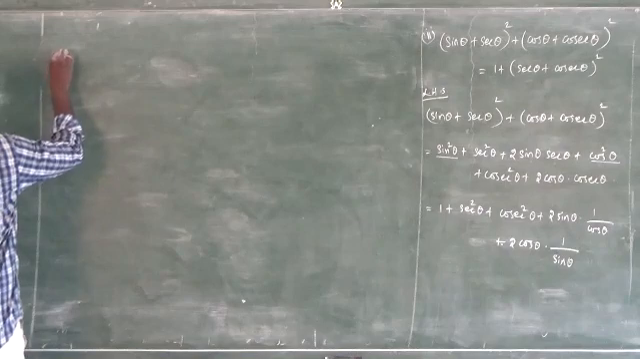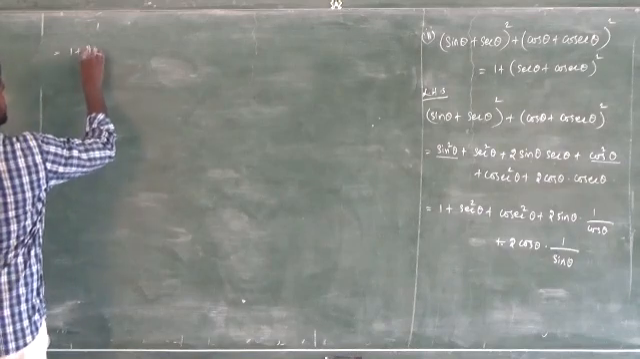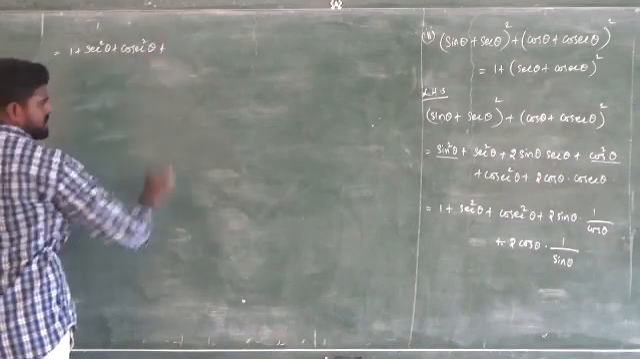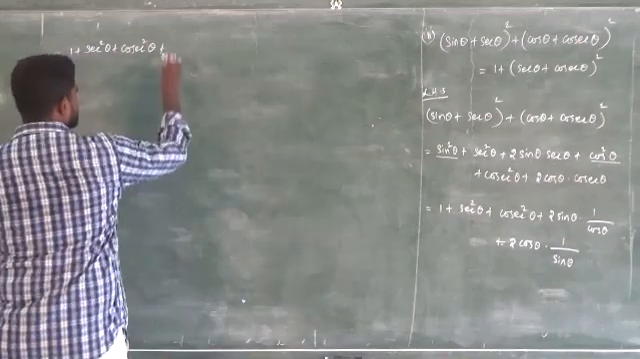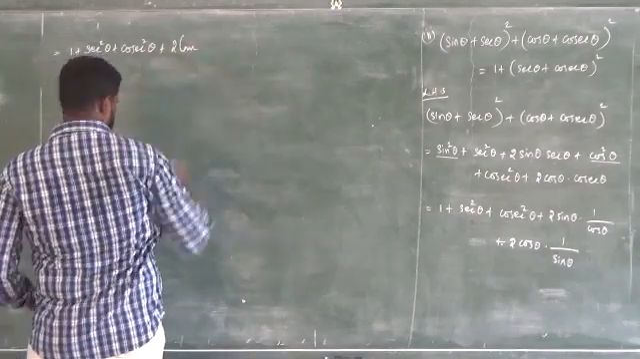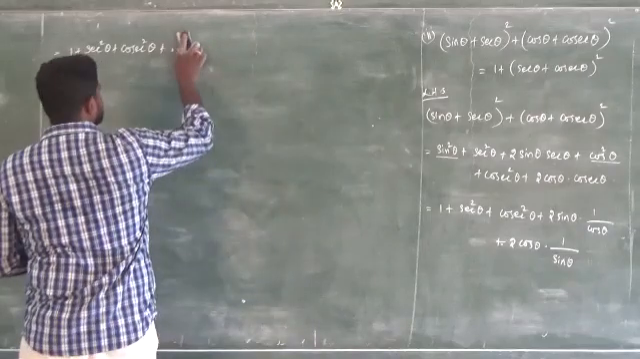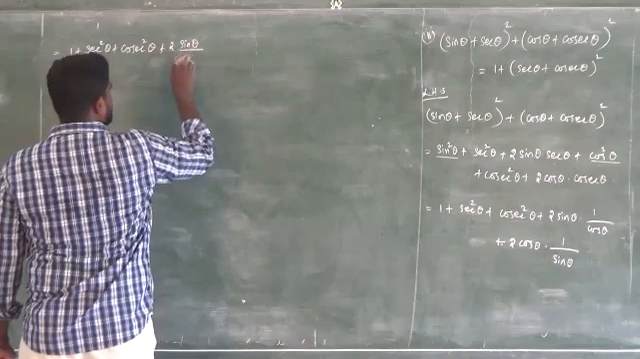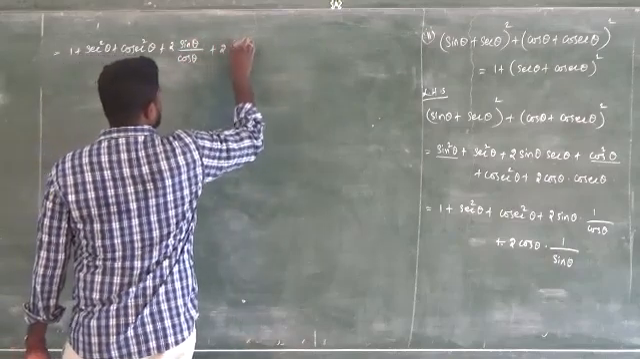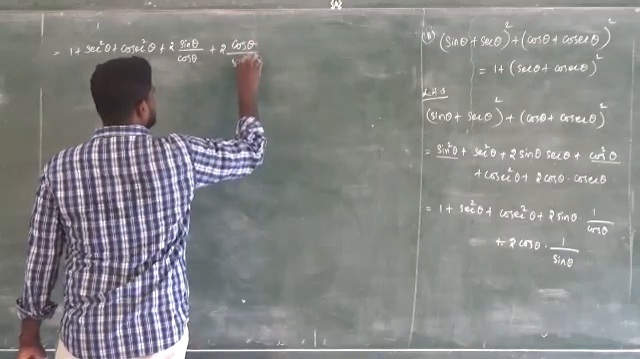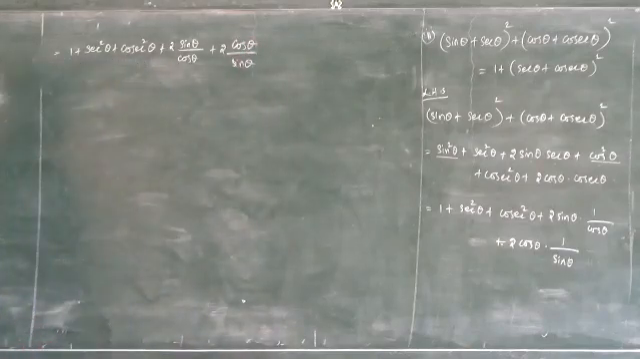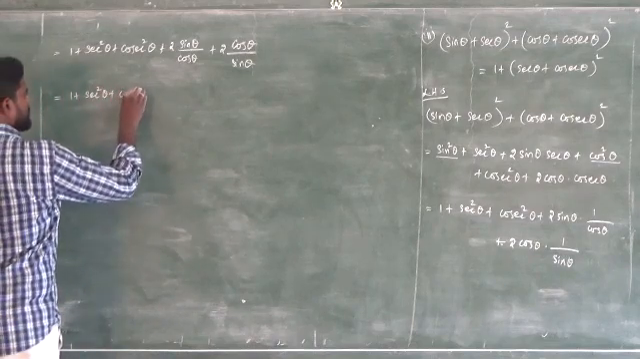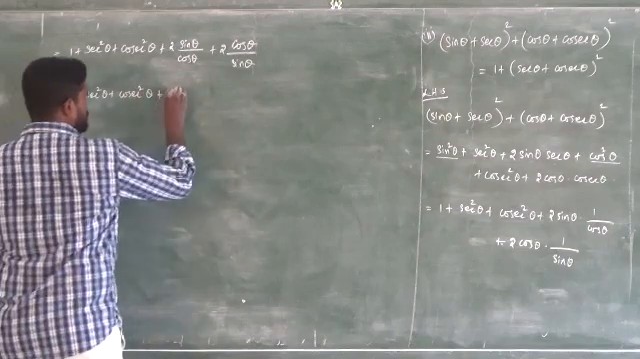So it is equal to 1 plus secant square theta plus cosecant square theta plus 2 sin by cos, it is tan theta. So 2 tan theta, or we can write 2 sin by cos. 2 sin theta by cos theta plus 2 cos theta by sin theta. In these two, 2 is common. So if you take 2 as common, 1 plus secant square theta plus cosecant square theta plus 2 into,